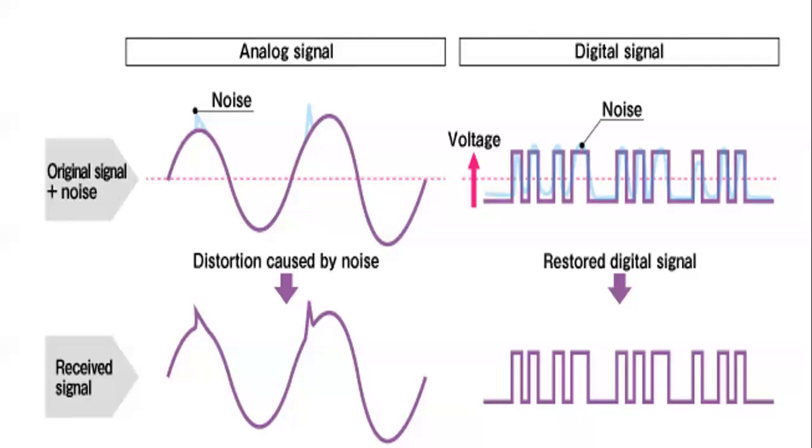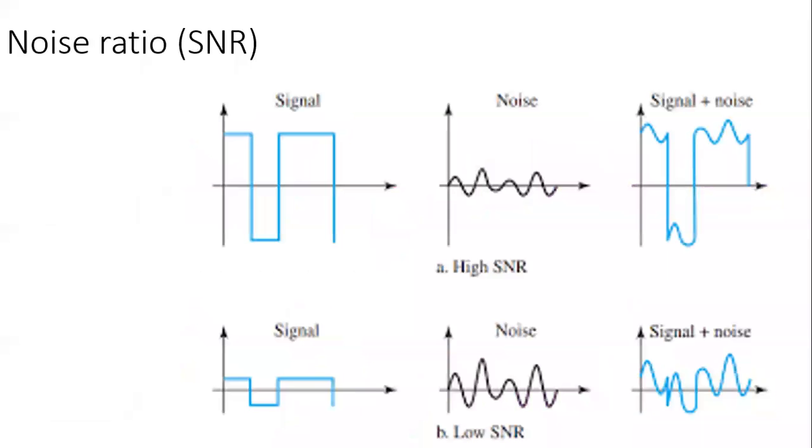Now, how will the receiver know whether what has been sent is noisy or noiseless? Because it will always be compared with respect to what has been sent. So what is sent and what is received is always compared. With that, we get an idea that, okay, the noise has been added to it.